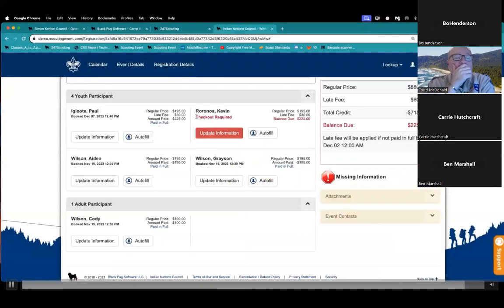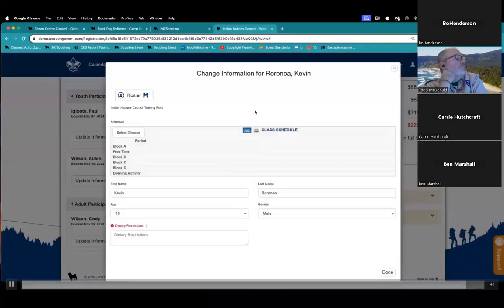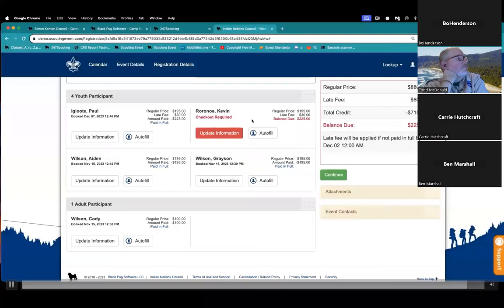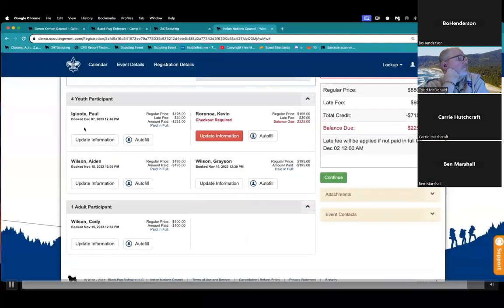Kevin has not gone through the checkout process. Technically, Kevin can't pick classes because he's not paid. But if the payment requirement was gone, I could go in and pick his classes, but he's not actually holding a spot until he goes through the checkout process for the event. But Paul is registered, so as soon as he adds the class to his schedule, it's his. He doesn't have to go pay for it to confirm the spot or anything like that. He just has to pay when it's done.